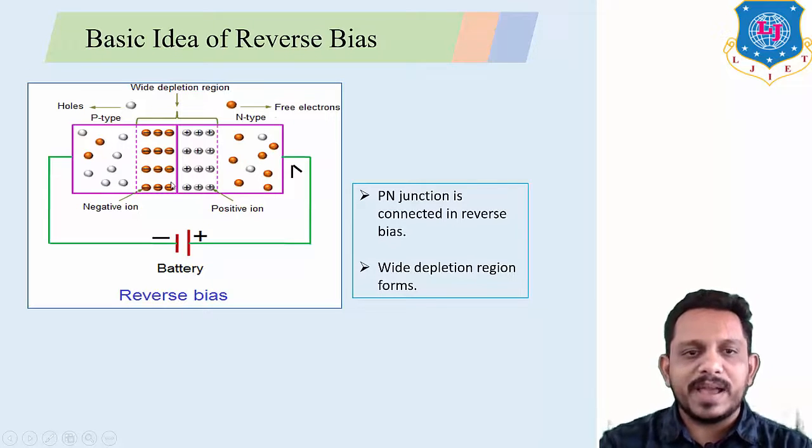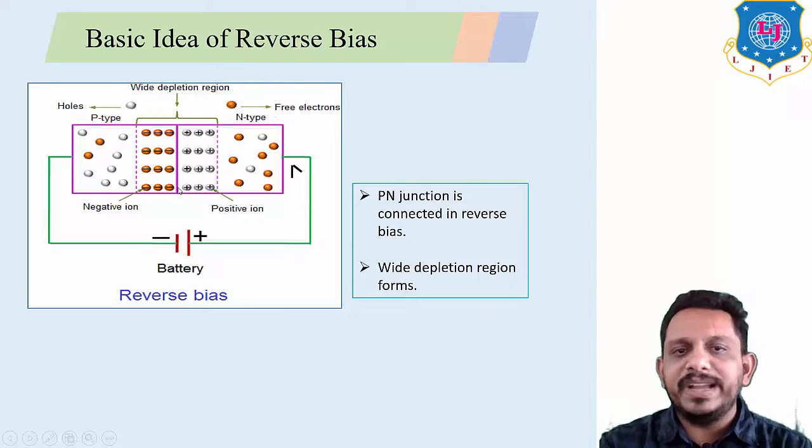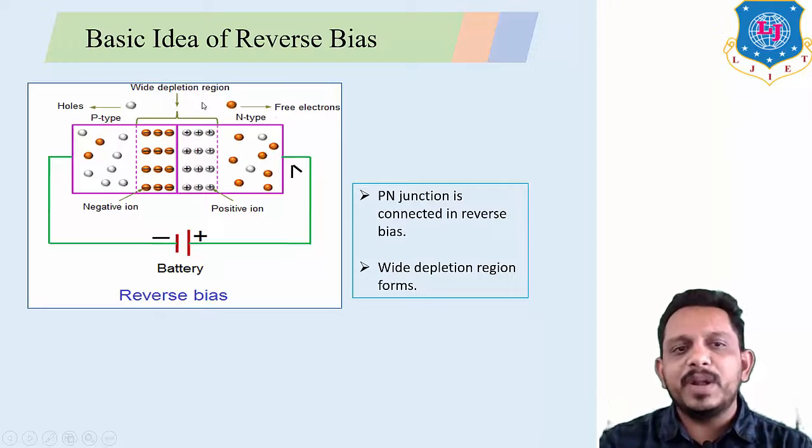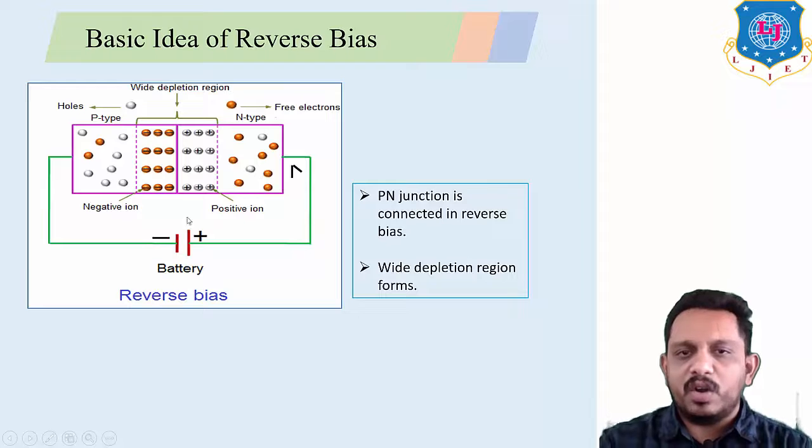In the reverse biasing connection, many free electrons will be formed at the P type material, because here it is the negative terminal, so all the electrons going away from the battery are collected at the P type junction. And the positive terminal is connected to the N type material, at the junction where the N type material ends. So here a wide depletion region is formed.